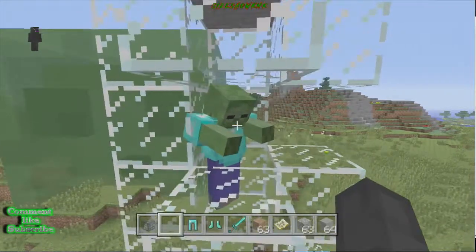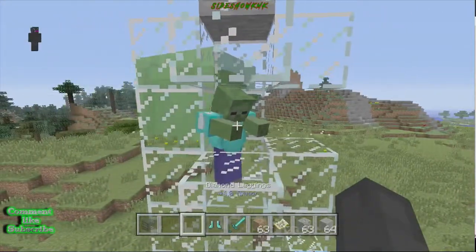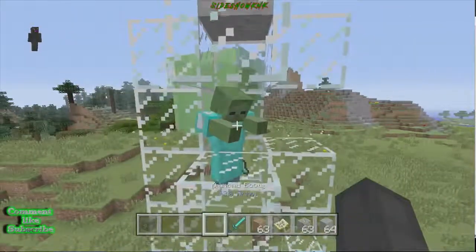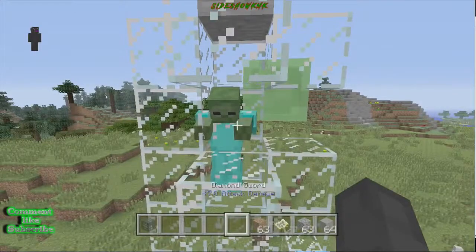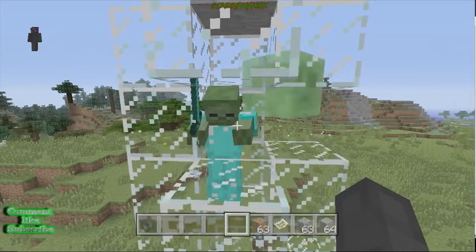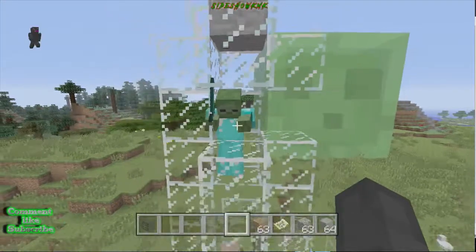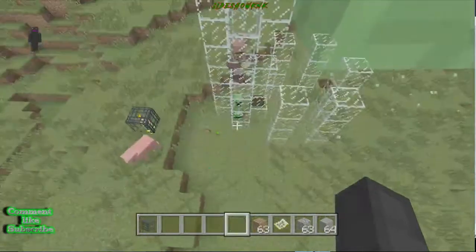Yep, I did. Awesome. So yeah, he'll pick up all those, which I believe he'll do anyway, but you can make him pick up, you know, you can add all kinds of crazy stuff to him. You can make him a super strong zombie, which is very useful. Now,